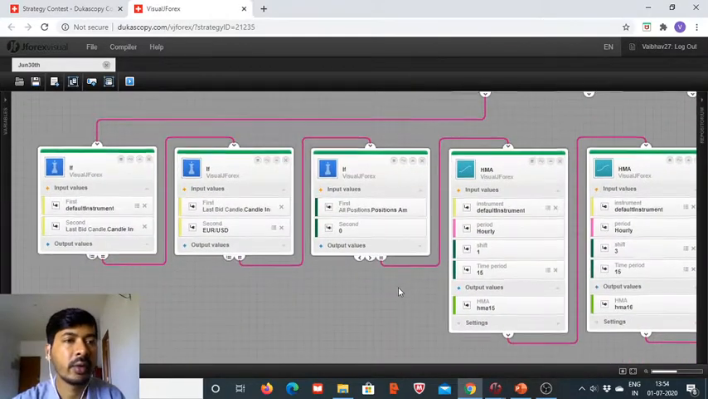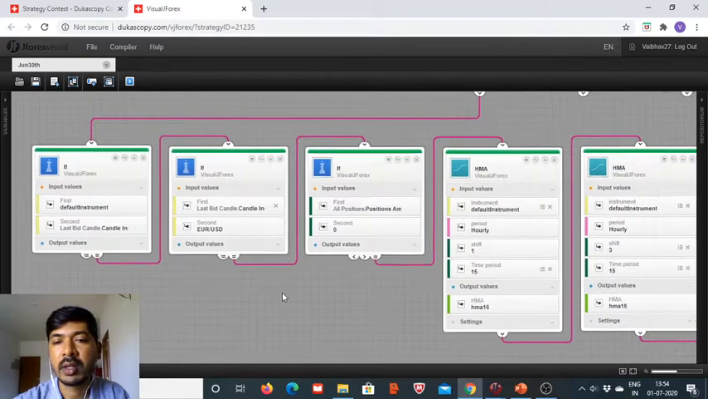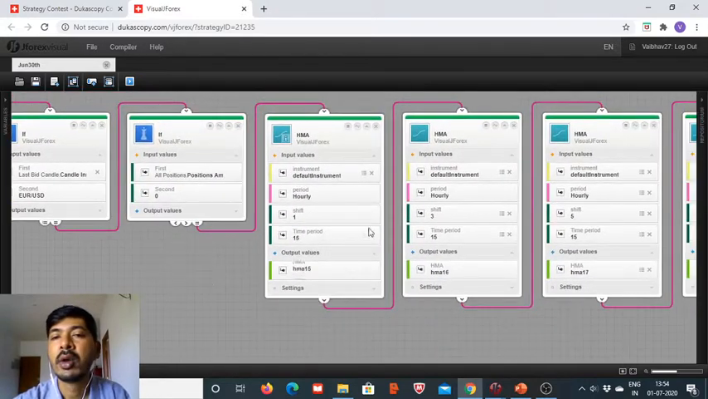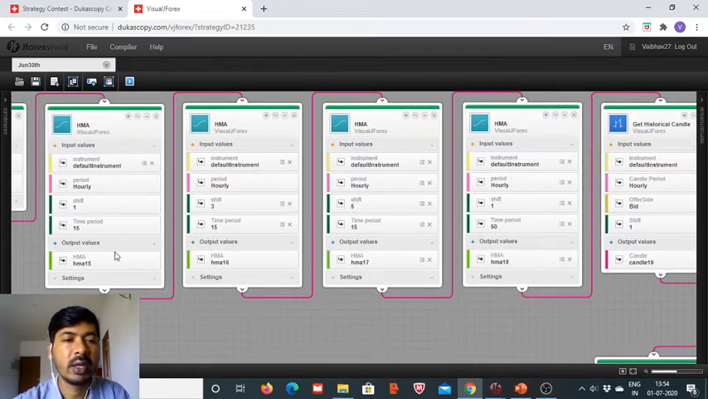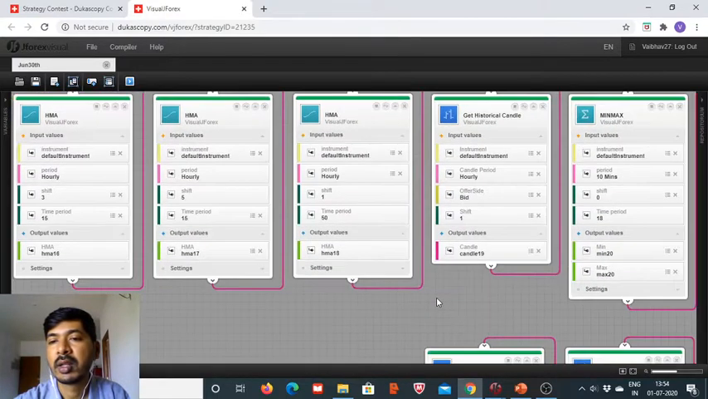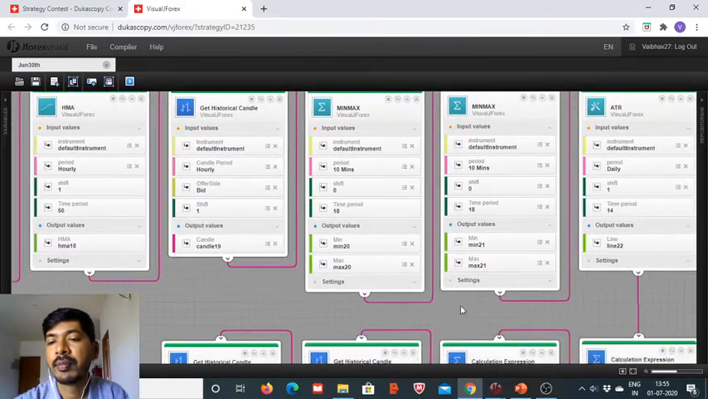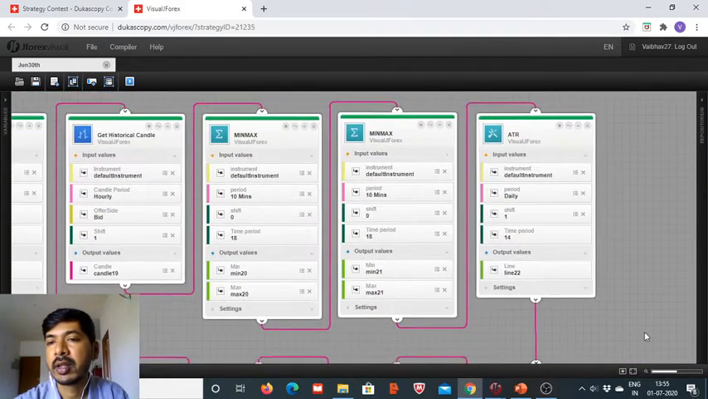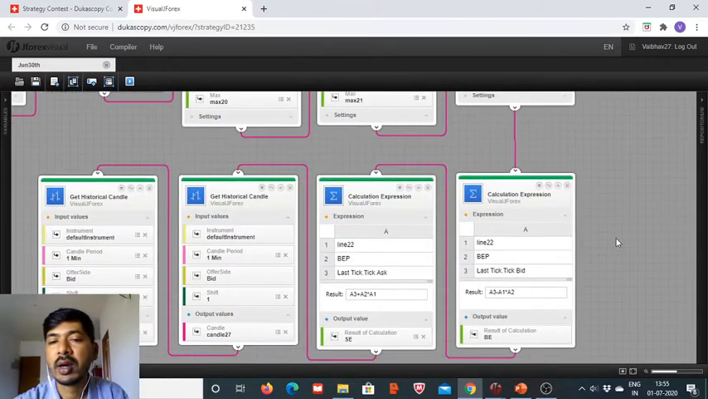Now coming to the Visual FX platform developed by Dukascopy Bank SA. Here we have done the instrument subscription first. The EUR/USD is there. The position amount has been defined as 0. We have got in these indicator blocks the HMA. Here as you can see, everything is defined on the hourly time frame, and then we got the historical candle data as well, the min max for determining the volatility in the underlying instrument, the ATR, to get the precise